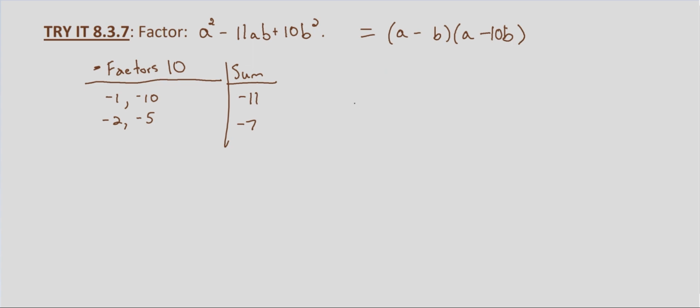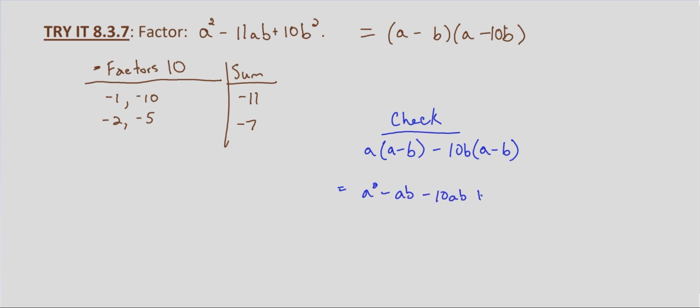We can check that by multiplying back through and using the distributive method. A times a minus b, minus 10b times a minus b. That equals a squared minus ab minus 10ab plus 10b squared,